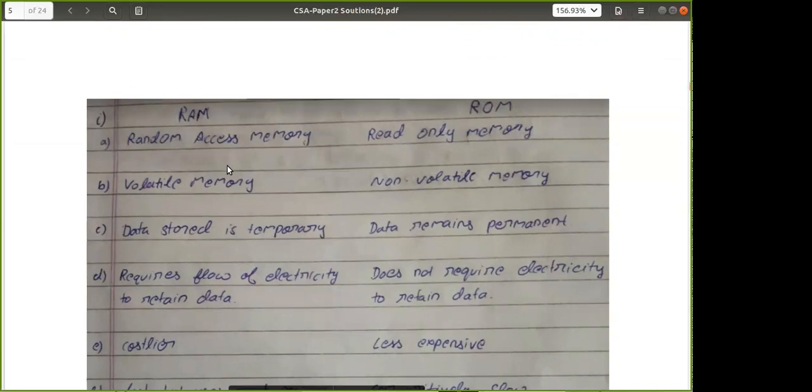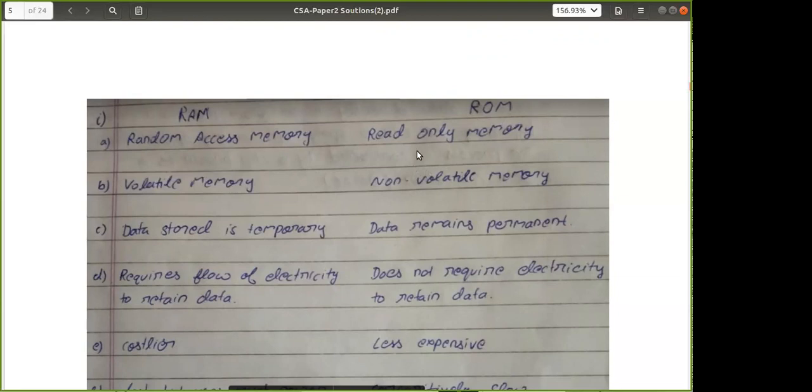So whenever we need to access any program, the program is first moved from the secondary memory to the primary memory. That is the RAM, and it is a volatile memory. It means whenever we don't have electricity or voltage, it will be destroyed. So when the system is shut down, you can't access that memory again.